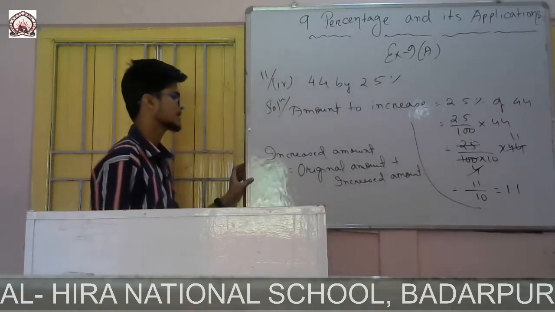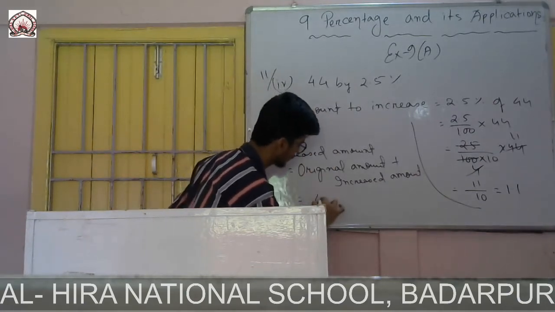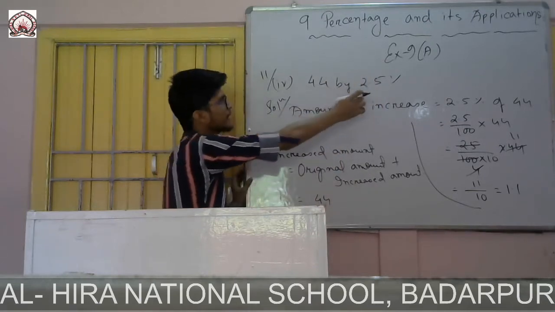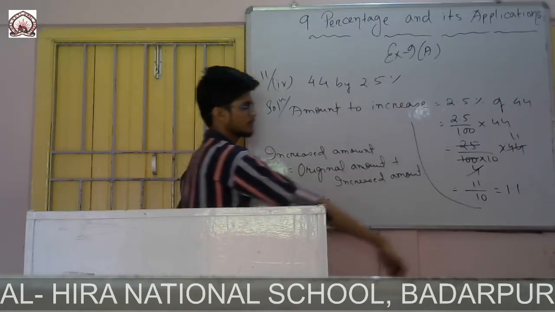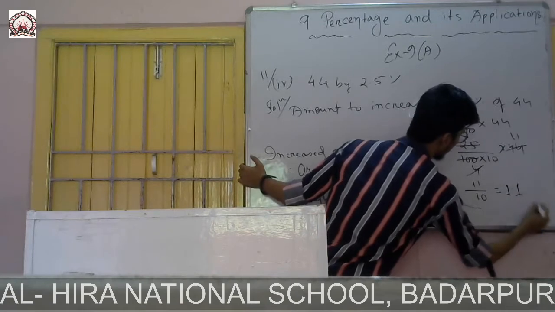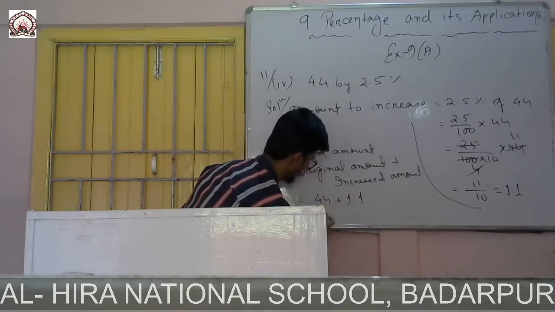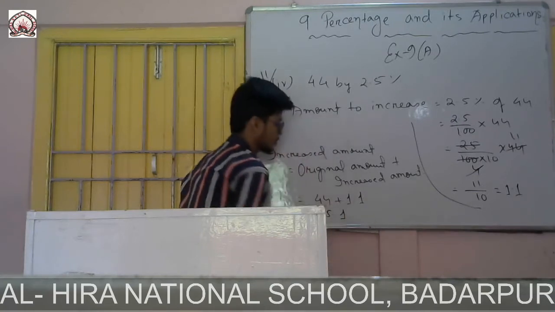Original amount plus increased amount. The original amount was 44, and the question is to find out, if I increase it by 2.5%, what will be the new amount. So 2.5% means 1.1, so I have to add 1.1. 44 plus 1 is 45, and the decimal 1 is there, so